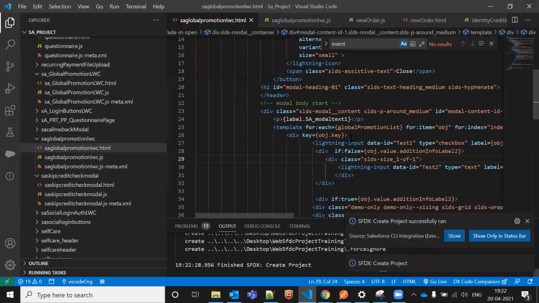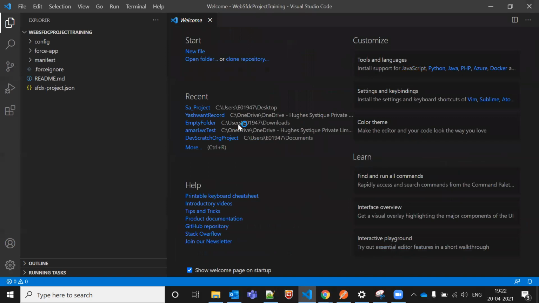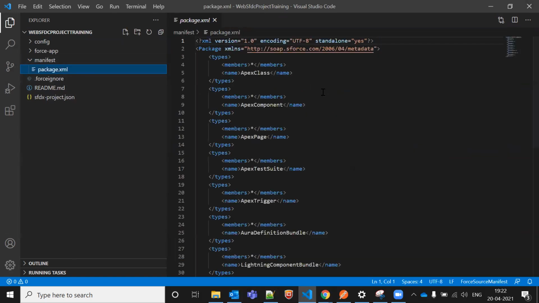It will automatically refresh, and it is refreshed now. After a minute or two, we are able to see that we have package.xml. If you know the deployment part, as we covered earlier, the XML file and deployments from Workbench, then you might be aware of this one as well. So package.xml is nothing but